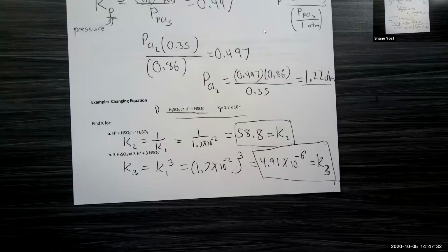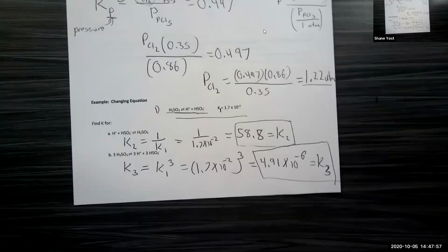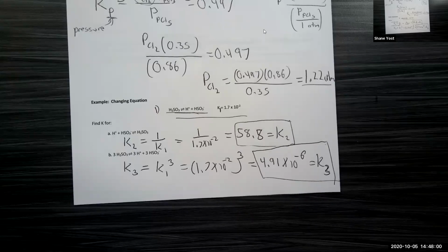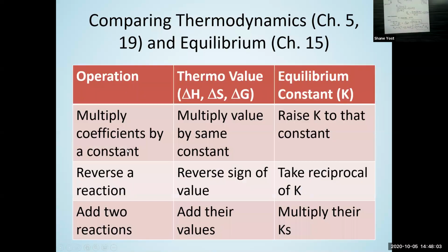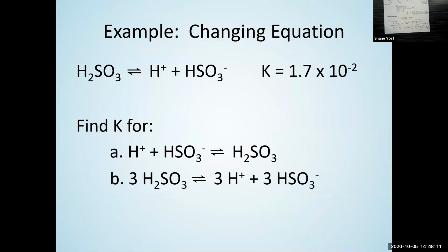Questions about why we did these changes, how we got the values we got? The lecture videos online go into more detail showing you why flipping a reaction or multiplying by a constant ends up raising powers of the equilibrium constants or taking 1 over the equilibrium constants. So again, I very much recommend checking out those videos to see in more detail why we're doing what we're doing. How did we get these rules? Where do they come from? It's worked out in the lecture videos online.